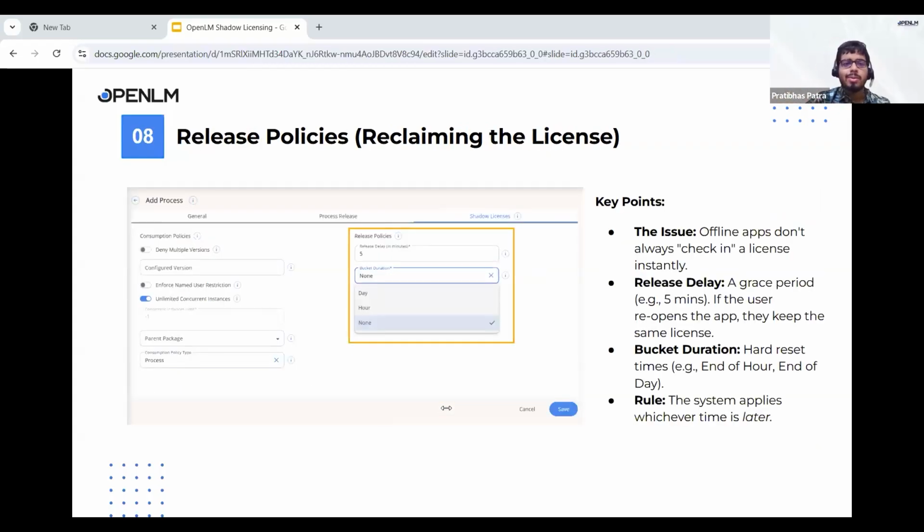Now we talk about release policies. How licenses are reclaimed. We are talking about capping, but we should also talk about release policies, right? Here's the challenge. Many applications, especially offline, node locked or standalone ones, don't always check in a license the moment they are closed. That's where release delay comes in. Think of it as a grace period. Let's say 5 minutes. If the user reopens the application within that window, they keep the same license, smooth, no